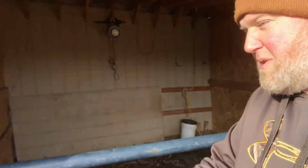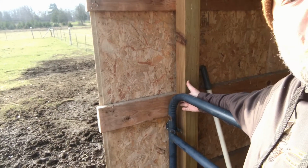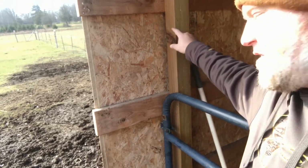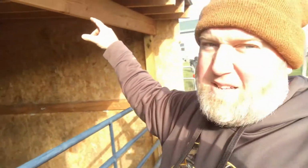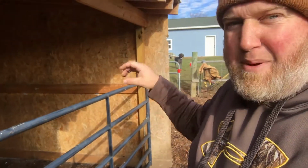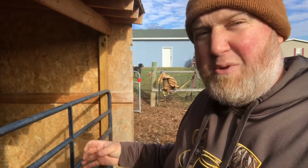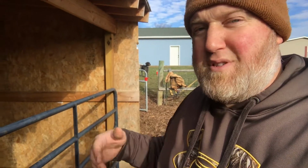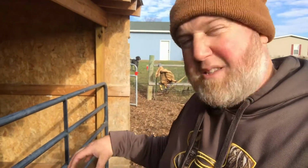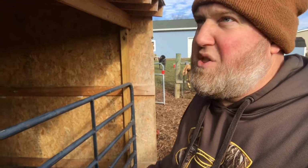Before I take the gate down, I just wanted to show you. You can see there's plenty of room. I can fit my fingers in between the gate and this post. So there'll be plenty of room along here for me to fasten the tarp. It'll get fastened up top. Last year, it only had grommets on the top and then a pocket along the bottom, so I put a conduit in the bottom just to kind of weight it down. Well, Prudence pushes right through it. So I tried putting cinder blocks and rocks along the bottom of it. She just lifted up over. So this year,